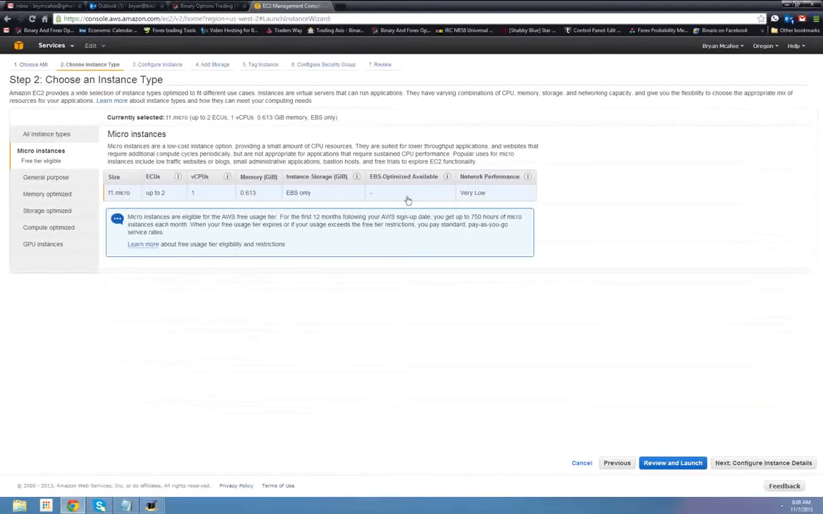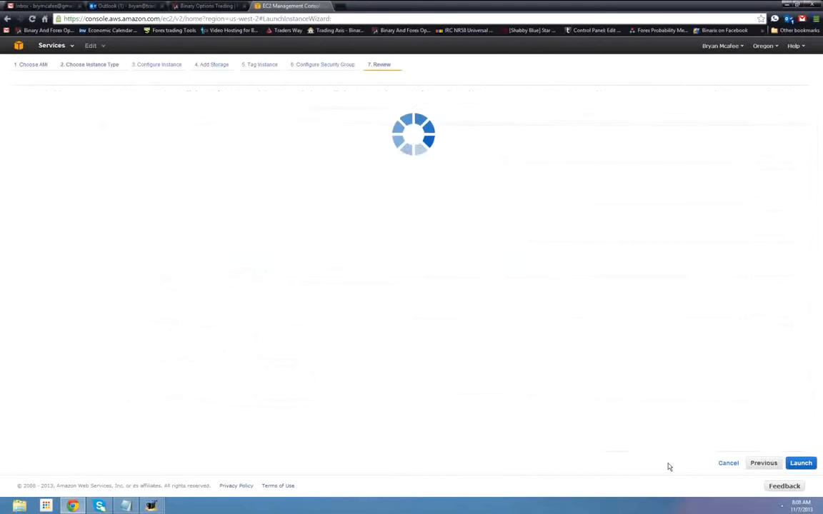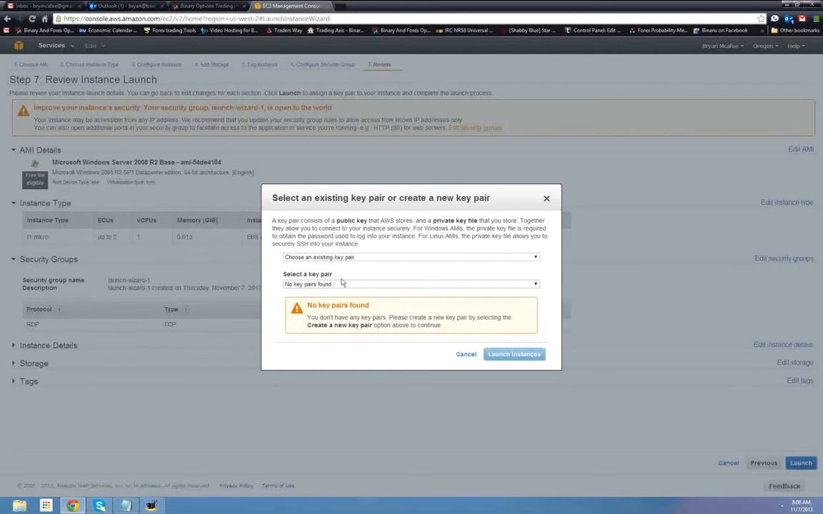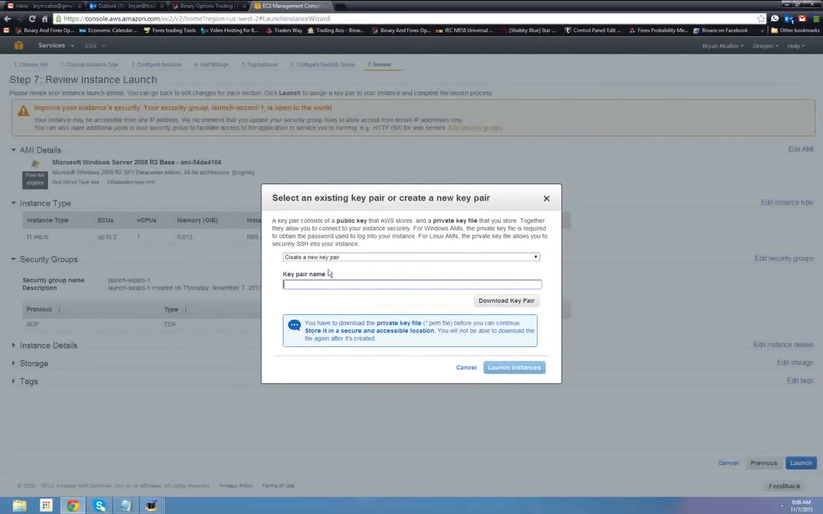For here, you can ignore all this. We're going to go to review and launch. And again, you can ignore it all. Just click launch. Okay, so choose an existing key pair, none found. So we want to go to create a new pair and key pair name. So we are going to go with